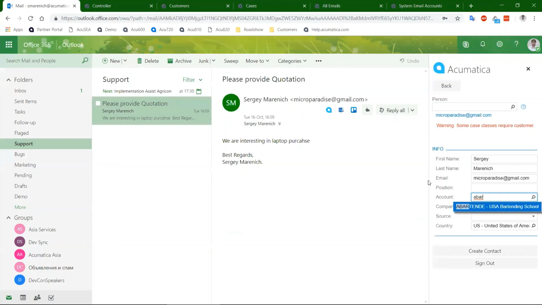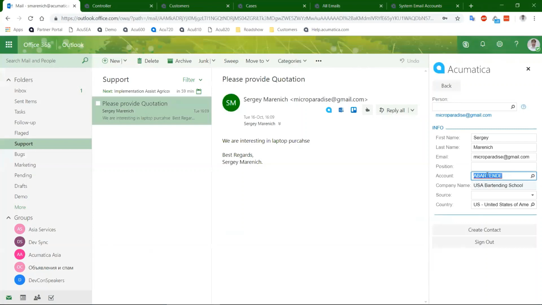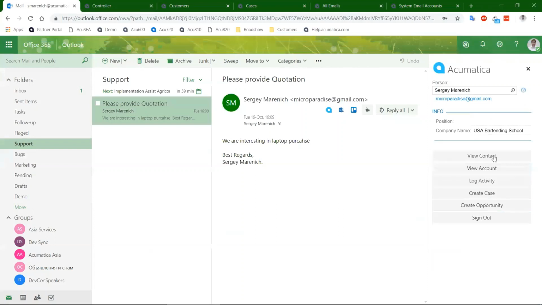Okay, so let's assume I know that this email comes from the bartender because of the domain, and I can choose the account to link this contact to and click the create account button. You see, now when the account is created, Acumatica automatically identifies, okay, this email is from this person. And what we can do is view the contact, view account, log case, create case, log activity, or create opportunity. So of course I can create a new case if it's a new request, but I also can log the